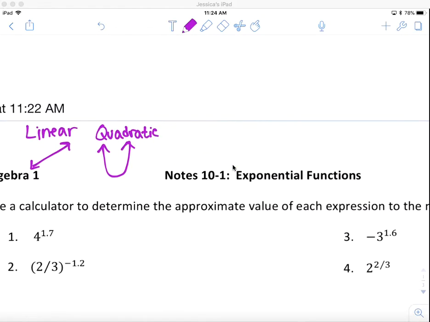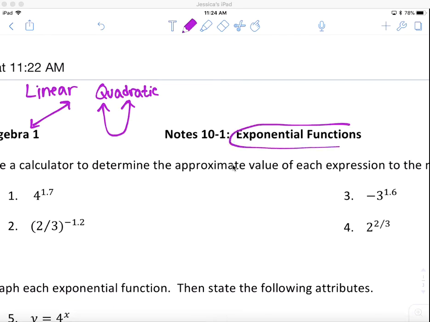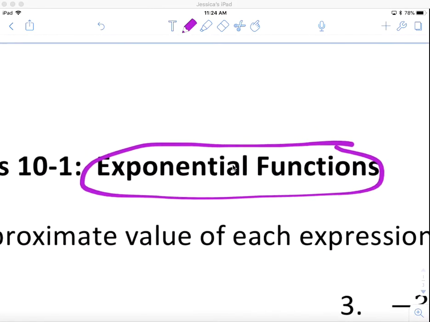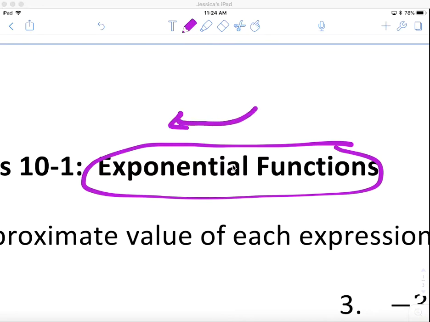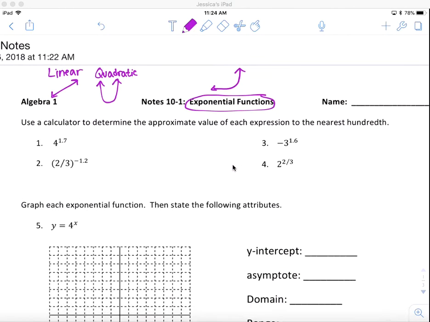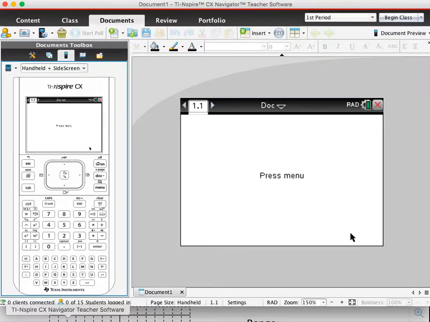Today we're dealing with exponential functions, and all exponential functions follow the shape of an exponential curve. Before we start graphing these, we're going to start by using our calculator to approximate the values of 1 through 4. So make sure you have your calculator with you. To do number 1, we're going to type in 4 to the 1.7 power. So in my calculator, I would go to my scratch pad